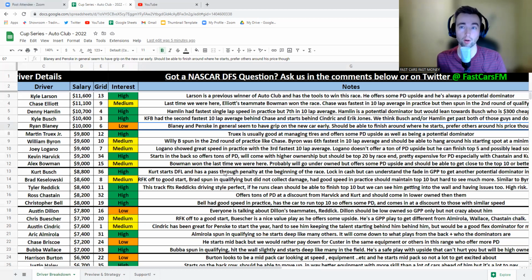But I think if you can get one of them in your lineup, and if they can lead you those early laps, they have a really good chance of making the optimal lineup of the expensive drivers who are in there. After that, I think Larson is hard to ignore. I mean, this track style fits him. He should be able to run up high by the wall. And he offers some good place differential upside. You're just paying a lot of money for that. So I like starting with Hamlin or Busch and then going from there, but I don't want to